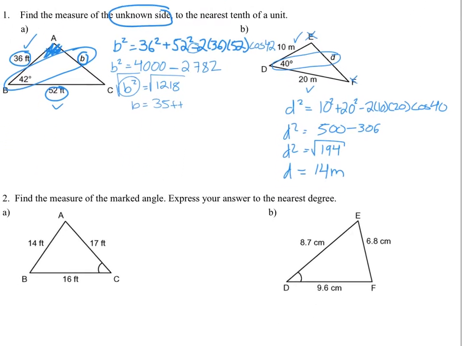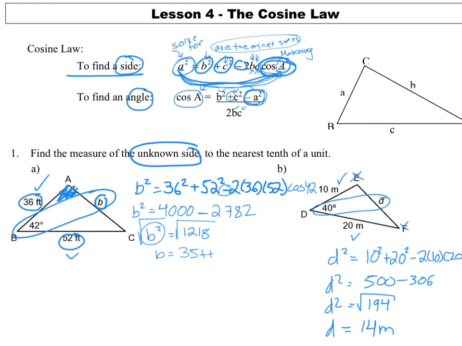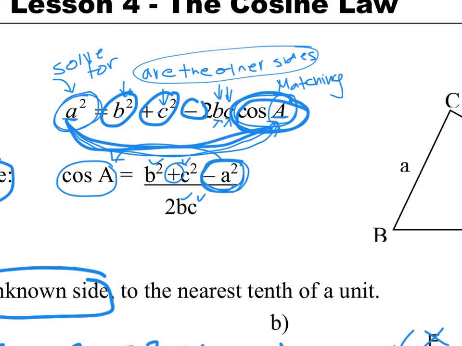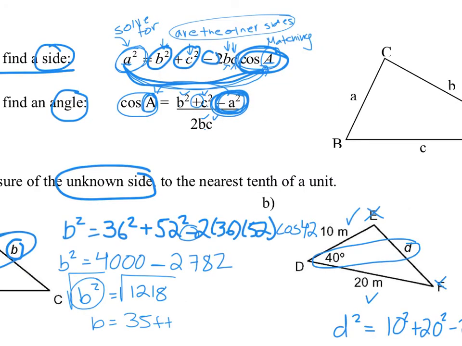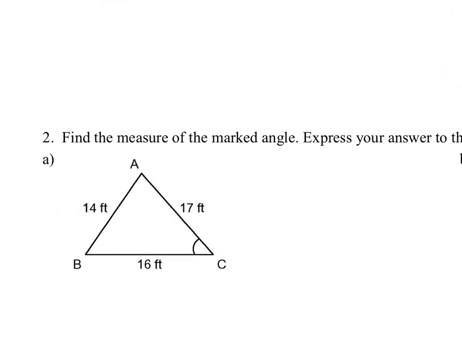And now we're going to solve for an angle. So for our angle equation, let's go back and look at it. What's important to note is that if you're solving for angle A, you have to subtract side length A. The other two sides are the ones that you add, and fill in the top and the bottom for the numerator and denominator. So let's see. I'm solving for C. So you know what I'm going to do? I'm going to circle that 14, the one that's across from it, because that's the special one in my equation. So when I go to fill in my equation,